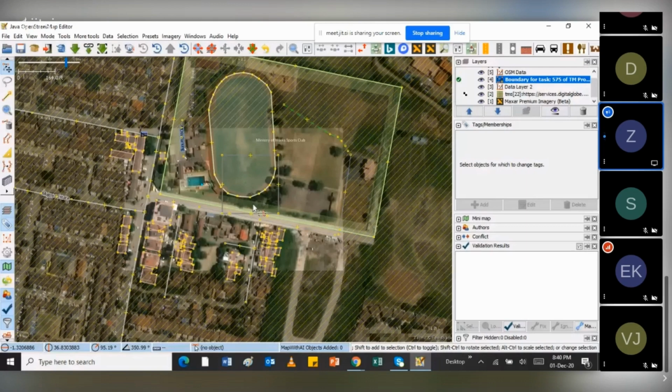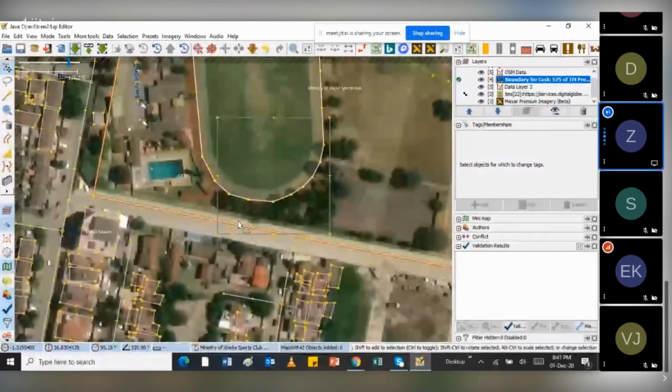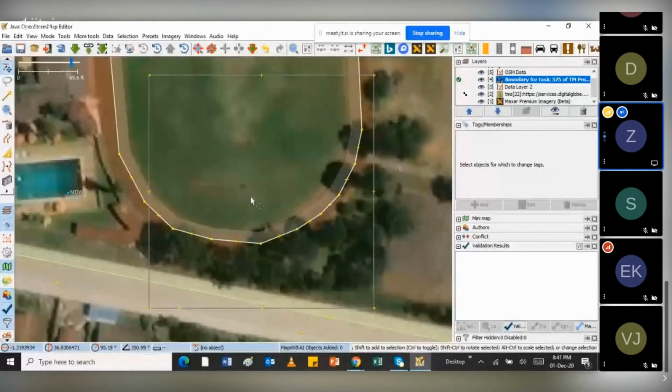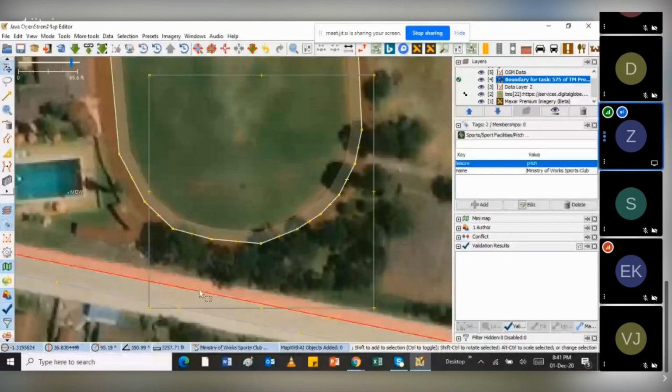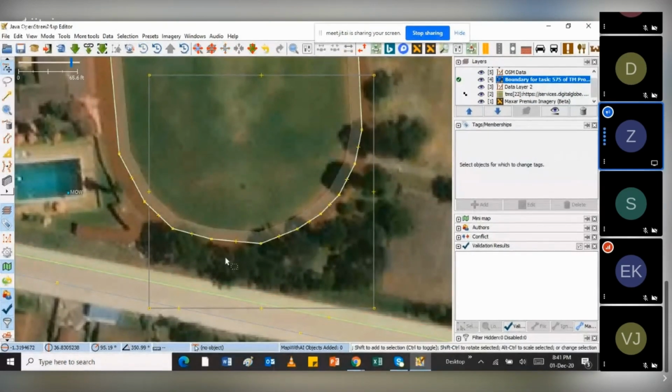You just download the area, right? There's already a road existing. So once I pull down the specific area I want to map, the next step is supposed to be to download data so that you can see what is already existing, so you don't add something that is already there. In this case, I don't think I need to add anything. I think this is a challenge of choosing. The road I was trying to add is already there. The playfield has also been mapped, so there's nothing new to map here.